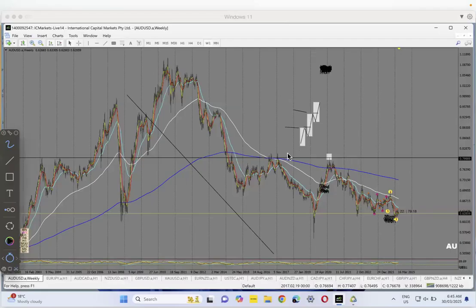Now, if you were to mark your levels and say, okay, this is my lower high, that's my lower high, that's my lower high, right? Because this is a downtrend, you want to see lower highs being lower than the previous highs. At the same time, you want to see the market taking out the lows while it's moving in that direction. So we then start to count our levels from the last peak that was printed in the